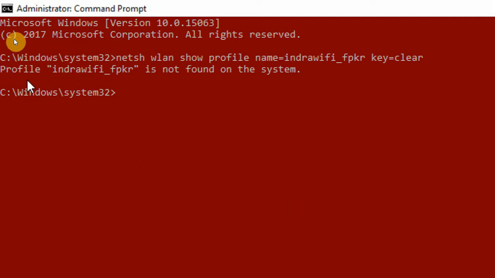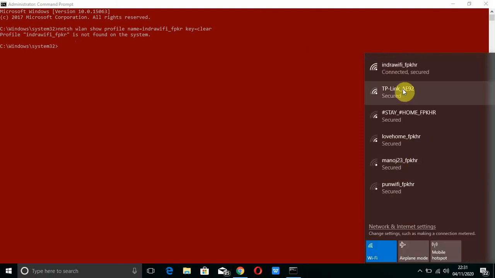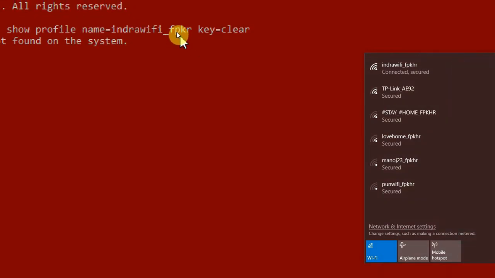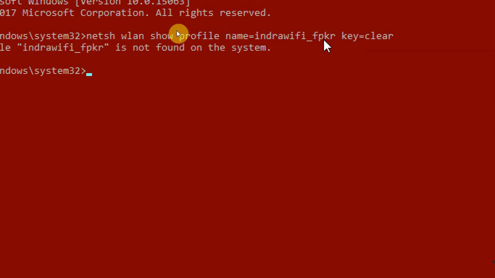And here the profile Indra Wi-Fi underscore FPKR is not found. Okay, it is mistakenly typed here. This is not the Wi-Fi name. Let me go here and type correctly. We have to type very correctly. The system says the profile is not found, so let me correct it.